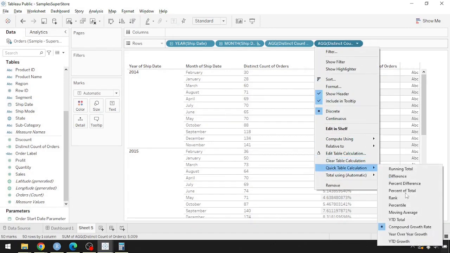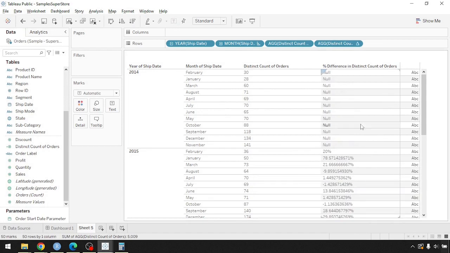And the next one is the year-over-year growth. As you can see, the first year is null because it starts from the second year, and it's just a comparison of growth based on each particular record on the previous year. So in February 2015, the count of orders was 36, and it was 30 in February 2014, so it's a 20% difference. And then it was 28th, and